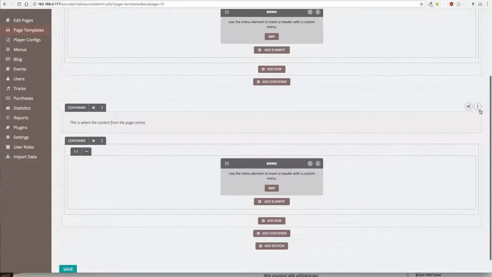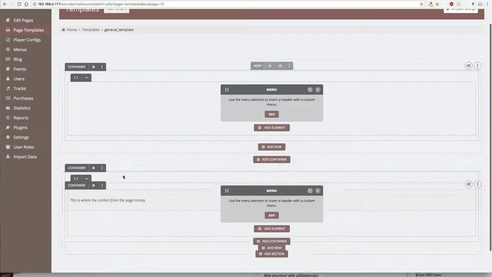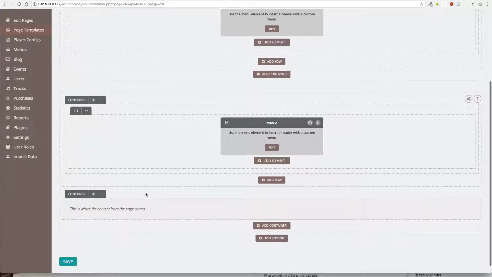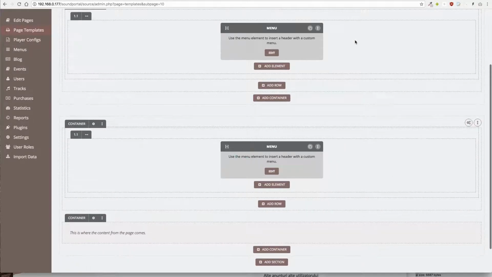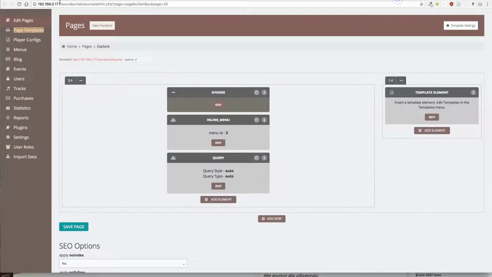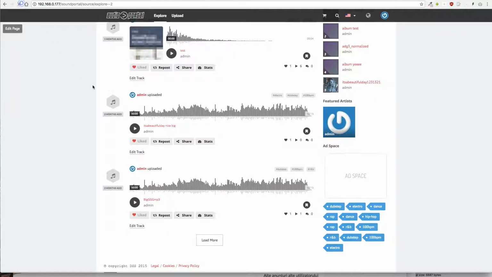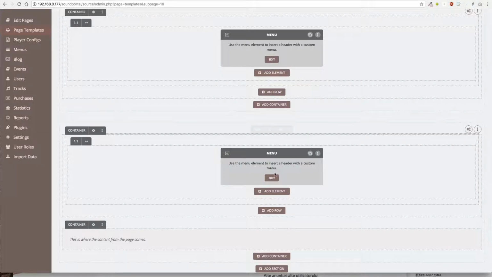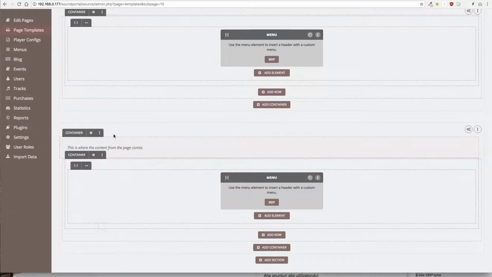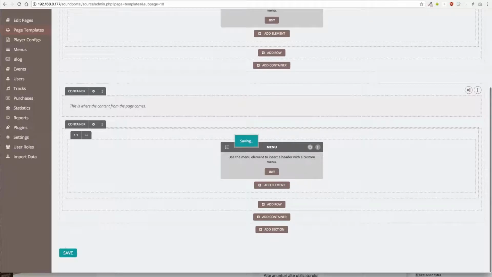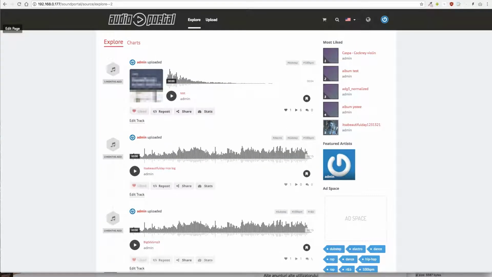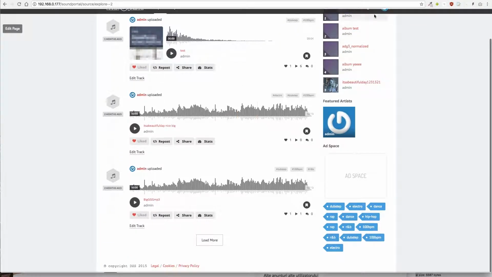So yeah, so if we save now, you'll see that the footer is here right now, but of course it should be at the bottom. Okay, so now